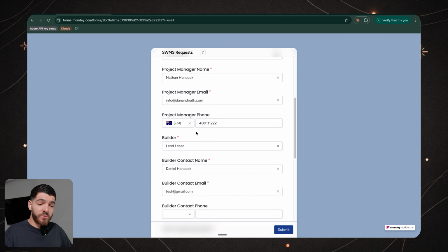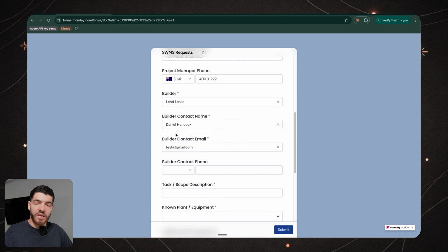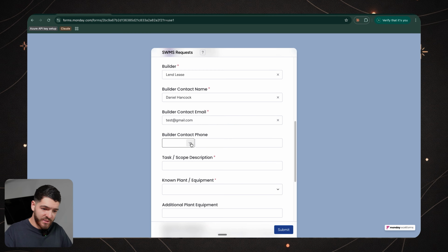But one of the most important ones is the project manager email, because this is where the SWMS is actually going to get sent to. And this information here is basically filling in the placeholders for the builder's information, because that's obviously something that you also have to include within the SWMS. So the builder contact phone, we'll just go with 61,